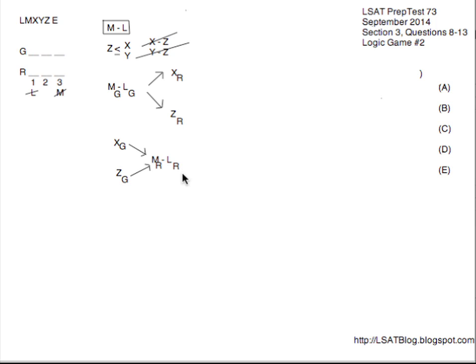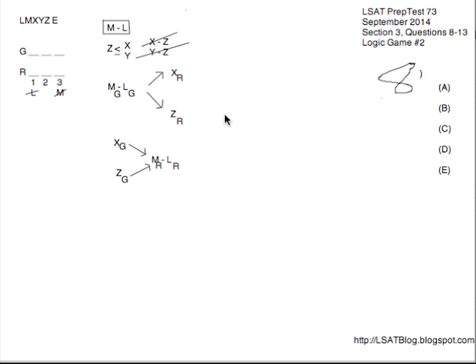And at this point, we can go ahead and jump into the questions, starting with number 8, which is a typical orientation question. So again, this is the sort of thing where we've diagrammed everything. We haven't made a ton of inferences. We just want to take one rule or inference at a time and check it against all 5 answer choices